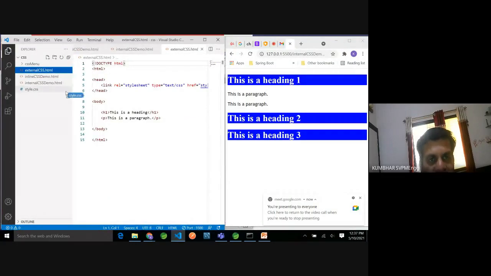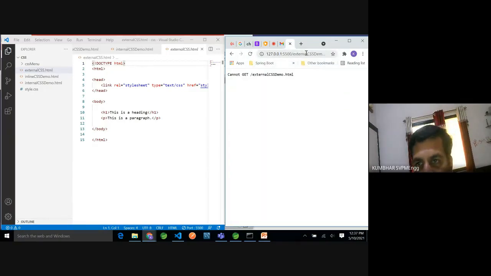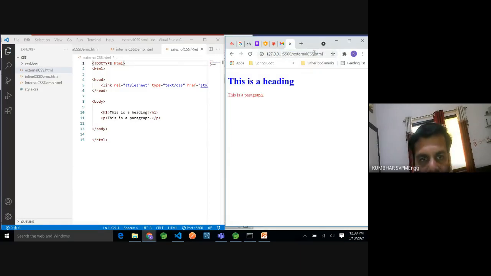See now, external CSS means here actually we will come with one separate file. So let me execute it first. The third HTML page, external CSS demo is there, external CSS.html.